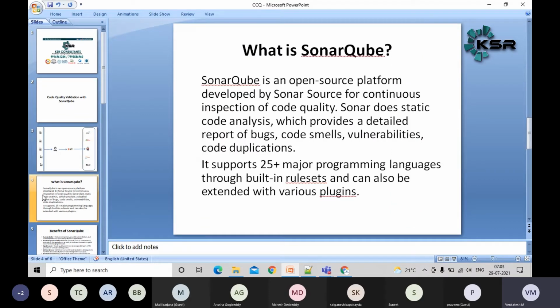Okay, so first of all, let's see what SonarQube is. SonarQube is an open source platform, guys. This is mainly used to check the code quality. In India, let's say, products have an ISO certificate or something like that, so you have a set of standards. If you want to certify any product, it needs to meet certain criteria, guys. Similarly, in software we have certain criteria to certify a product.